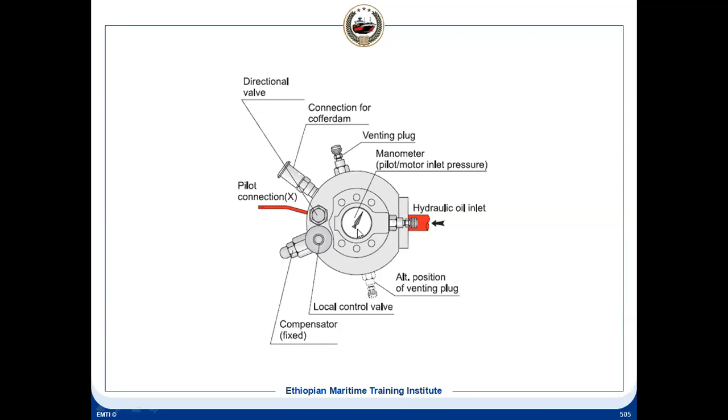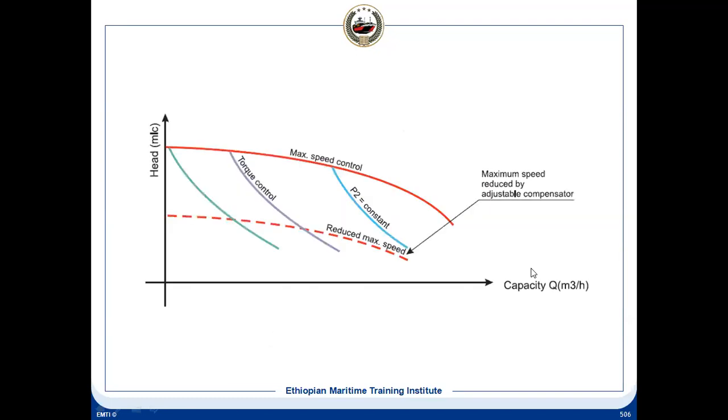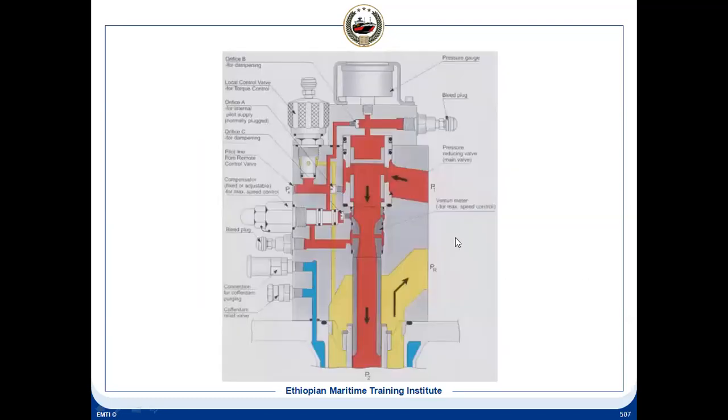And also there is an indicator on top. We can see what is the line pressure. So pressure is high, it means the RPM is high. Pressure is less, it means the pressure you can monitor, and then you can adjust the local control valve accordingly. That is the inlet pressure. So this will be the valve. This is the inlet, this is going to the hydraulic motor, and there it will be throttled here.